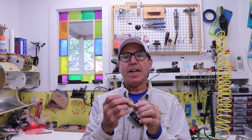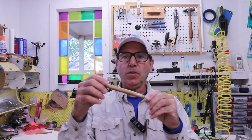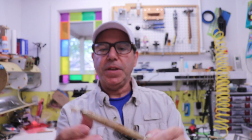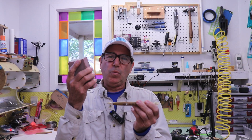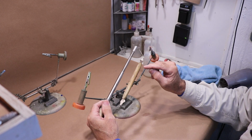So this is good. It actually fills in. It's thick enough that it fills in the lows, but it also raises the nap of the wood. And I'll sand it down with a 300 grit sanding pad, and then I'll wipe it down again, and we'll get painting. You know, I think before I paint, I'm going to go ahead and make some eye sockets so